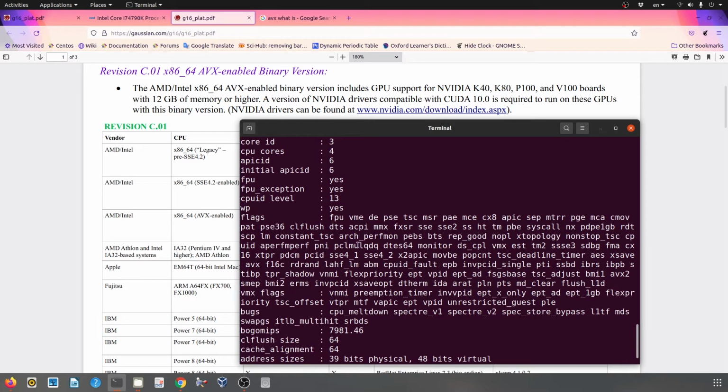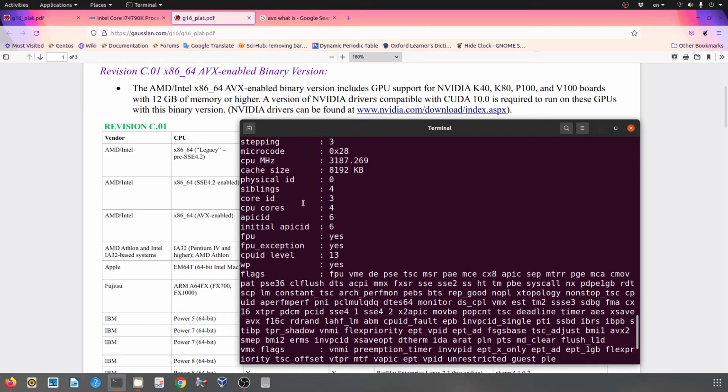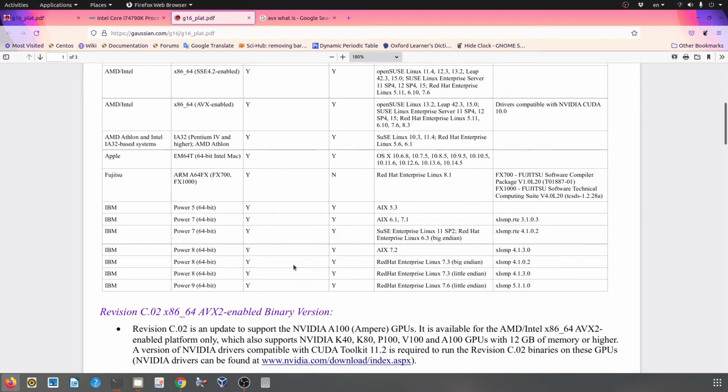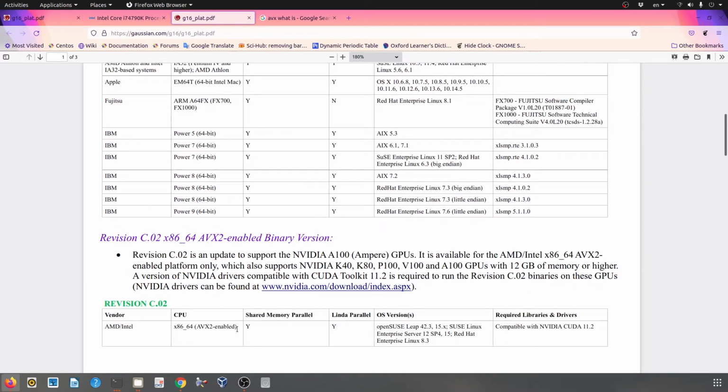By this command, you can find different features of your CPU in the line which starts with flags, and you can see that my CPU has SSE 4.1, SSE 4.2, and also it has AVX2. So I can use the AVX2 version of Gaussian and install this version, which is the latest version of Gaussian on my machine.